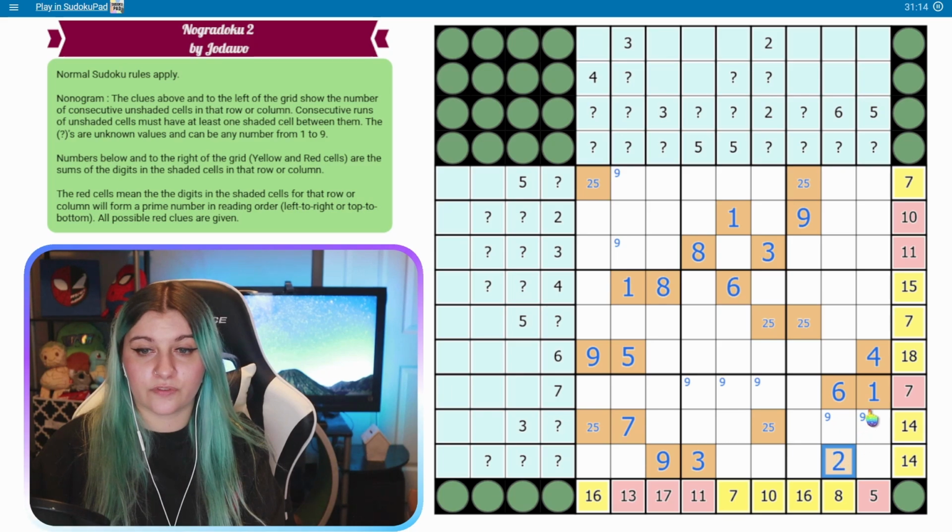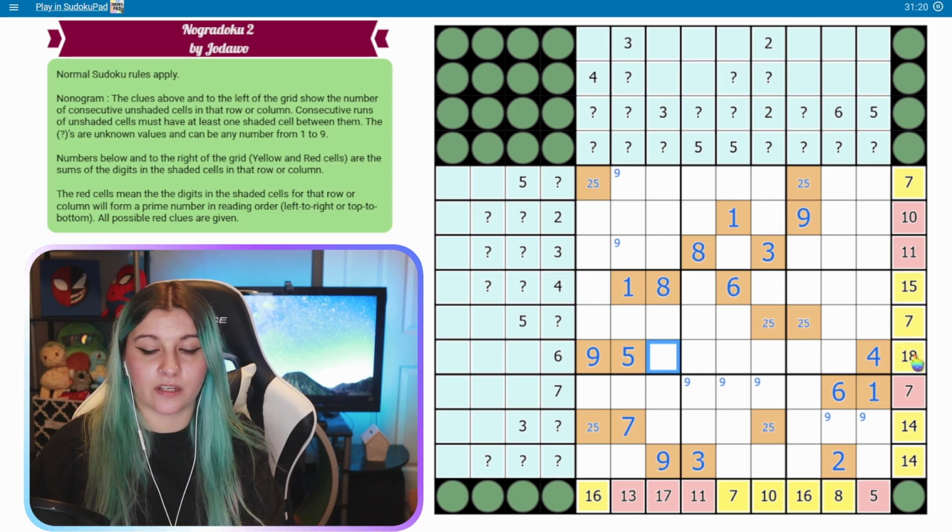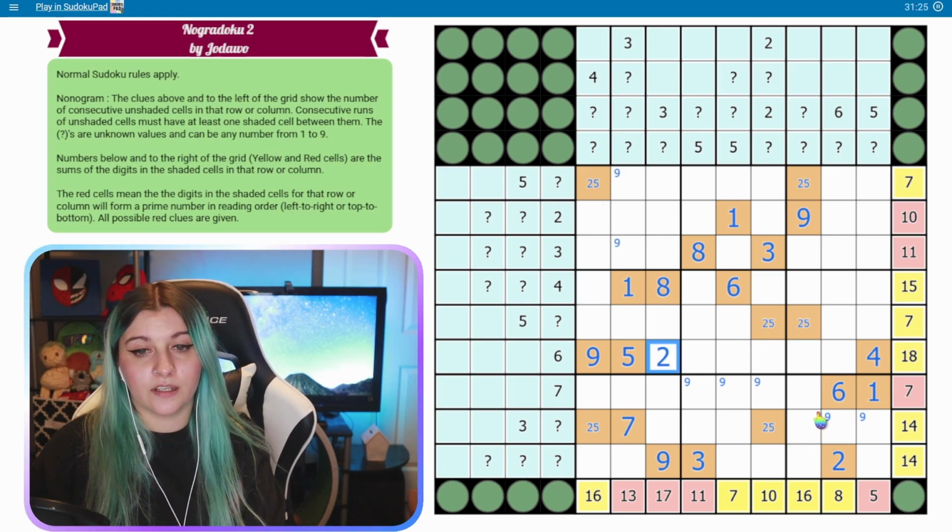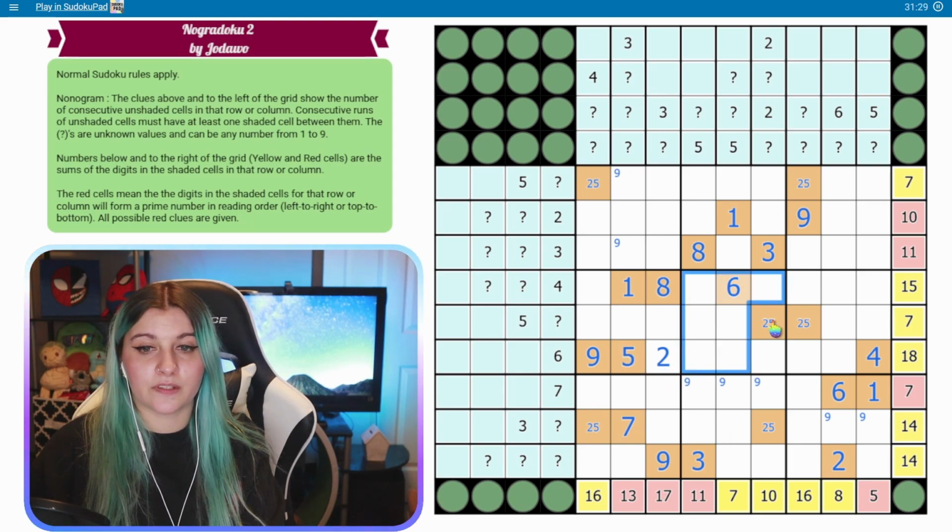Okay, 2s for sure though, right? I have a 2 here. So 2 can't go here. 2 has to go here or here, but a 2 can't go there. So this is a 2. Whoops. This is a 2, unshaded. 5, 2. I need a 2 in this box. If it doesn't go here,